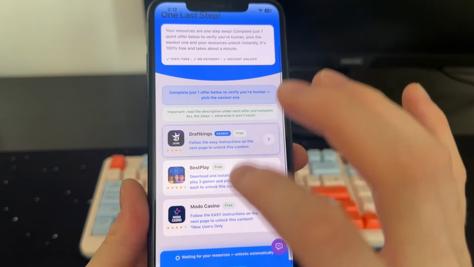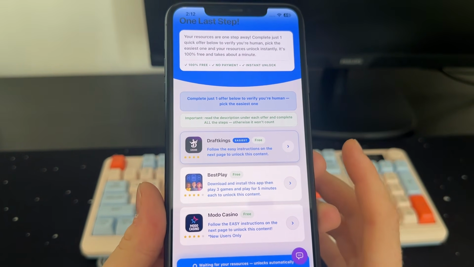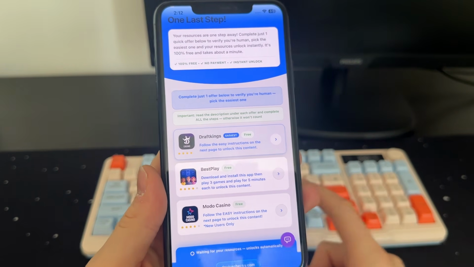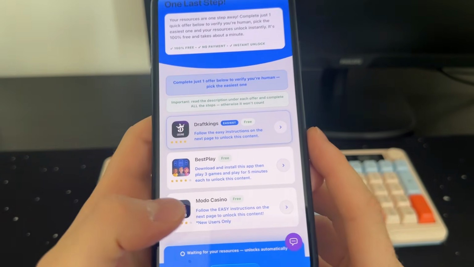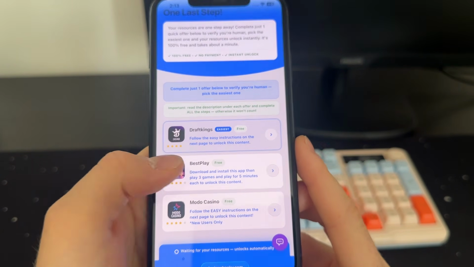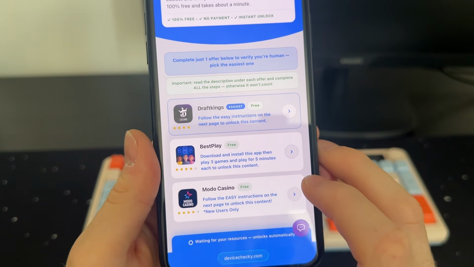You're gonna be redirected to this page. Depending on your device and your country, you may get some different things here. The most important part is that you complete only one of them. Also, make sure that you read those instructions below because it is really important that you do as it says. For example,